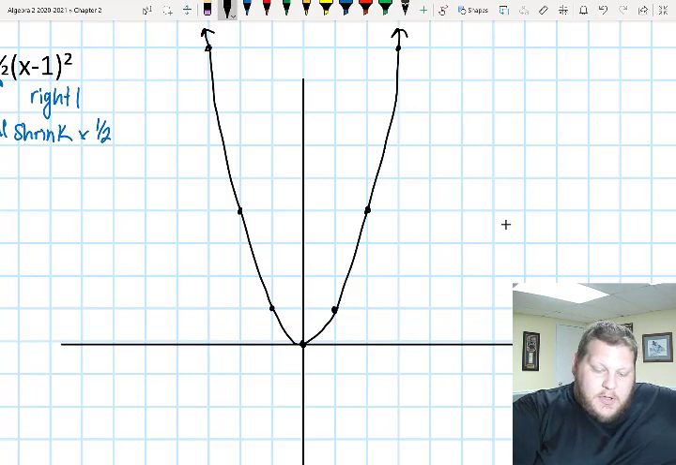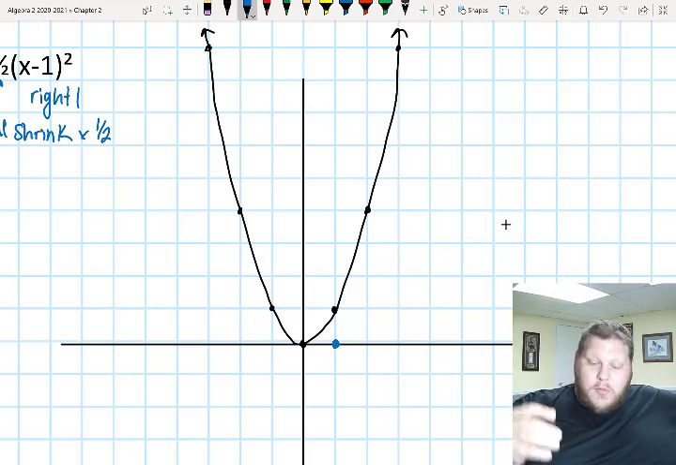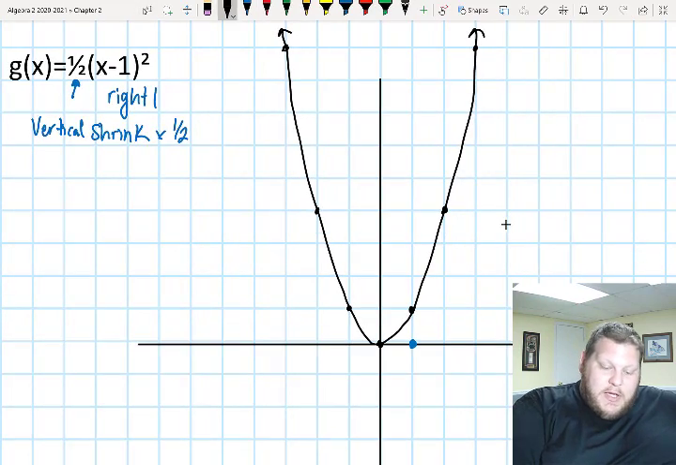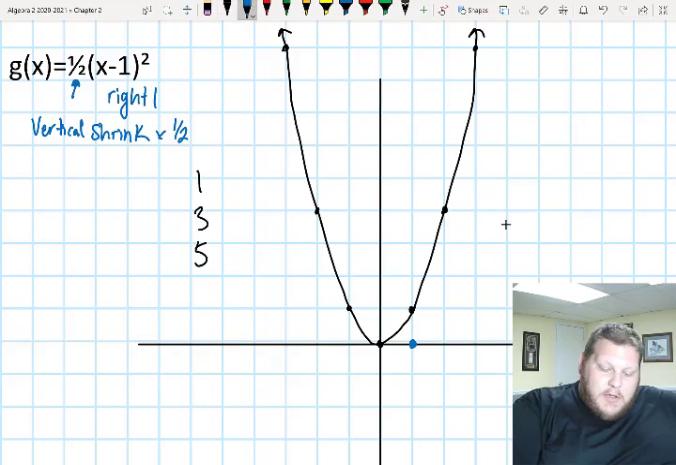So now, for my resulting function, I know I'm going to shift it to the right 1. So this point right here that I'm coloring in blue is my new origin, or my new vertex. But for my y values, since I'm shrinking it vertically, what my original shortcut was, and I'm going to do this in black again, is up 1 over 1, up 3 over 1, up 5 over 1. Right, that 1, 3, 5 shortcut. If I'm multiplying all those by 1/2,